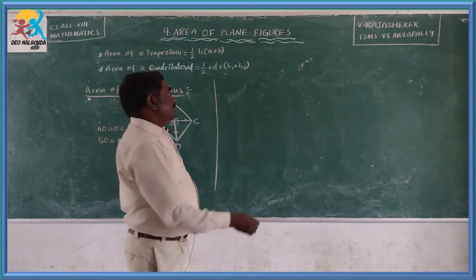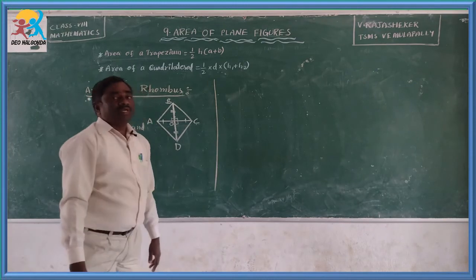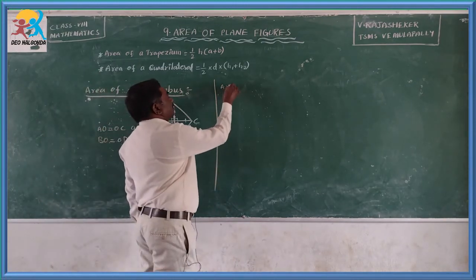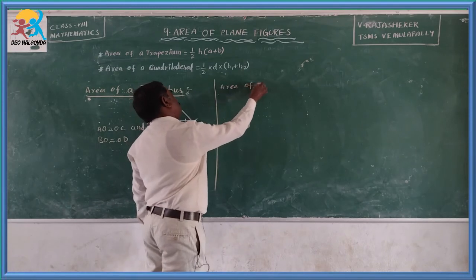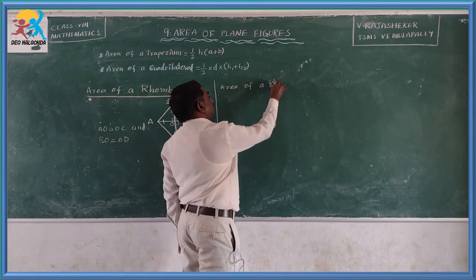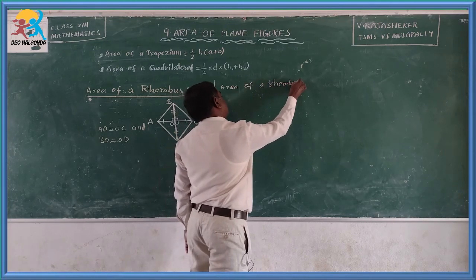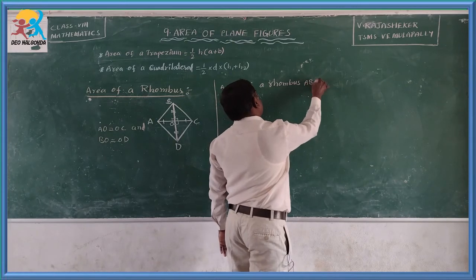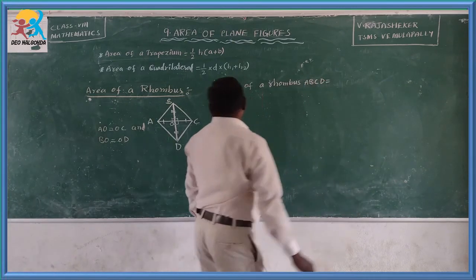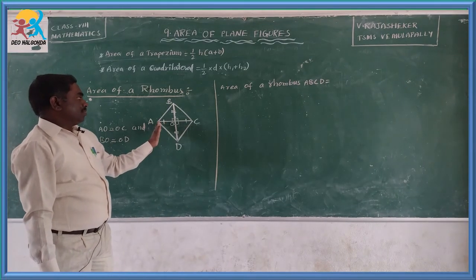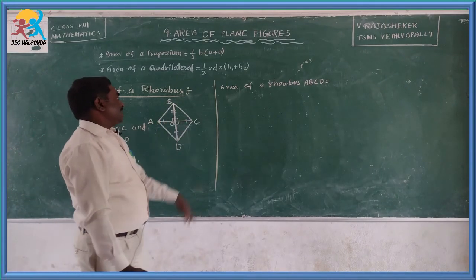Now, children, let us extract the formula for area of a rhombus. Area of rhombus ABCD is equal to, since this one is already divided into 2 triangles, area of triangle ABC